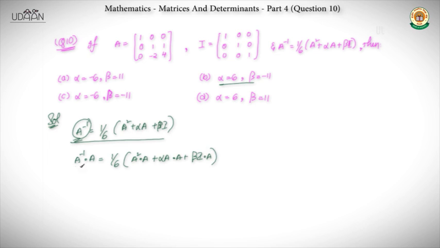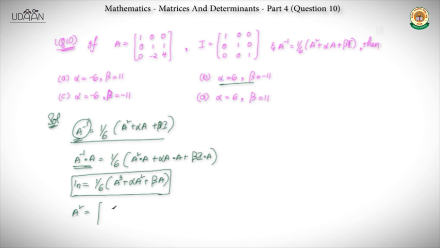Okay. And this becomes, obviously this is I n, because A into A inverse equal to A inverse into A equal to I n. Right. So 1/6 into A cube plus alpha A square plus beta A. Okay, so we just have to calculate A cube, A square and A. We know A, we have to calculate A square. A square would be 1 0 0, 0 1 1, 0 minus 2 4 into the same matrix again,